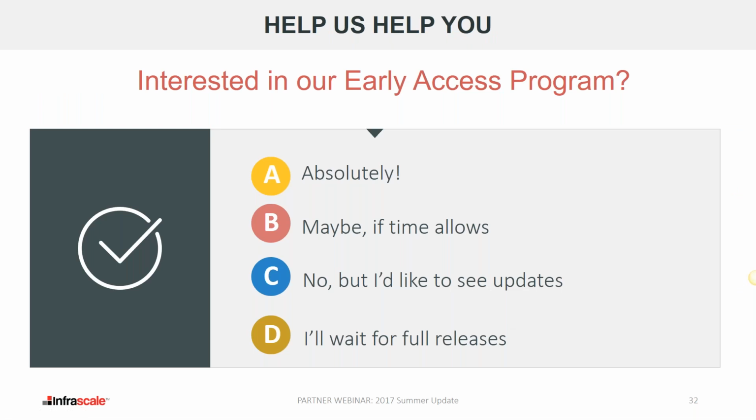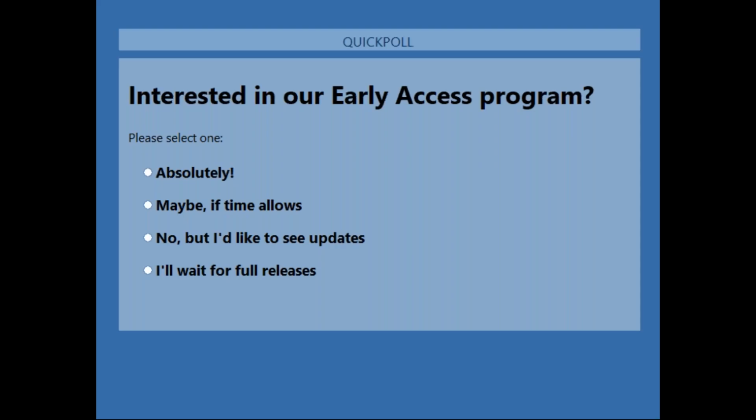So with that, my final poll before we close out. We have an early access program, and this is for really feedback on all fronts. It's for early access for closed betas. It's for feedback on any program changes, or if we want to do a survey for what kind of information or documents can we add to the resource center, what kind of tools do you need. So let us know if you're fine with us reaching out to you and getting some question and answer. Sometimes it'll be a phone call, sometimes it'll be an email. If at any time you want us to stop, you just let us know. That's not a problem, but it's always nice to know ahead of time.